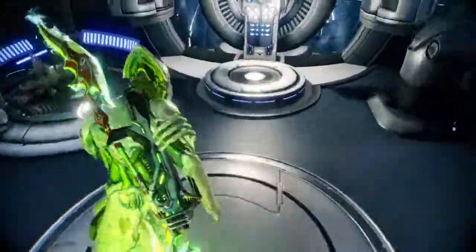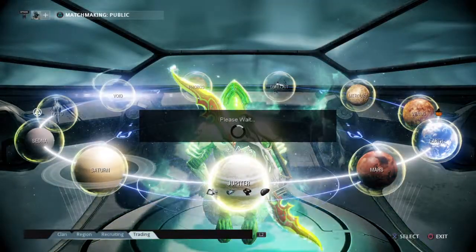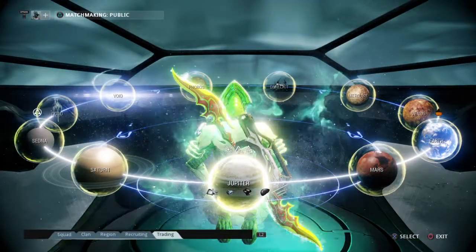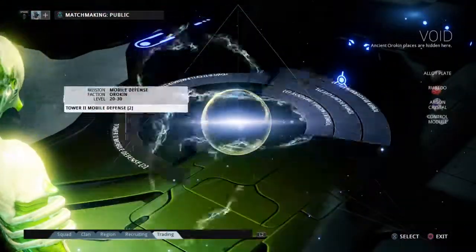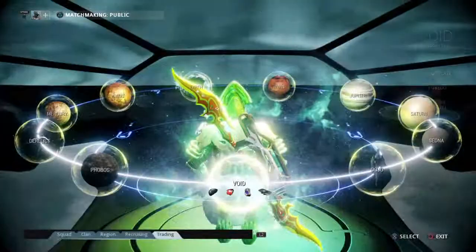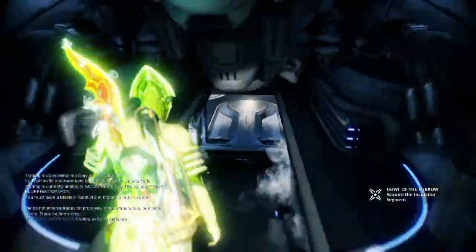If you want prime parts, well, that's the difficult part. You need something called the void, and to go to the void, you need a void key. This is what the void looks like. Right now I have this many void missions, and each time you use one, you use up a void key. And what is a void key, you ask? A void key